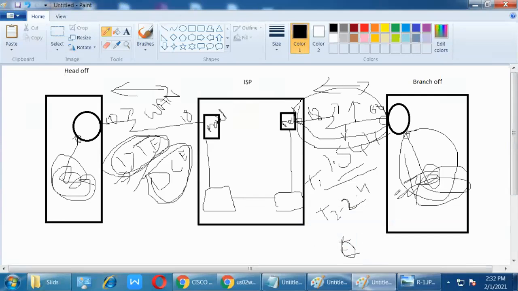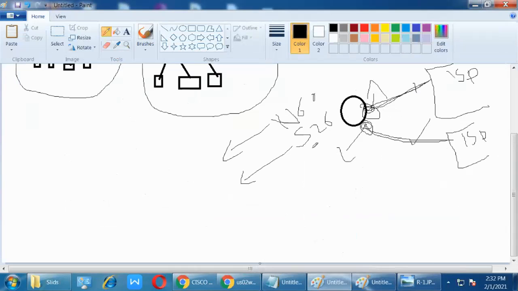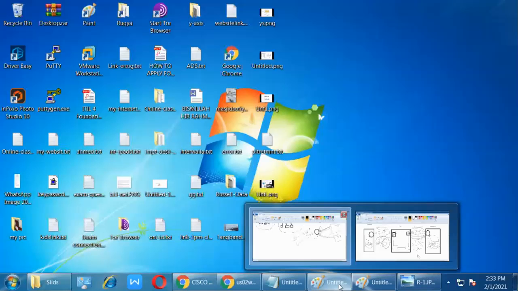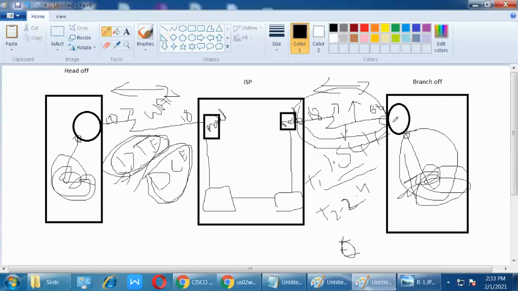Nowadays, fiber optic cable is there. We'll discuss that later in the next topic. So here the WAN cable is connected. How will it be connected? From here, your data comes through the cable and is forwarded. See here how you can communicate to your branch office. This is your head office. You want to communicate to the branch office, right? So how will it be communicated?